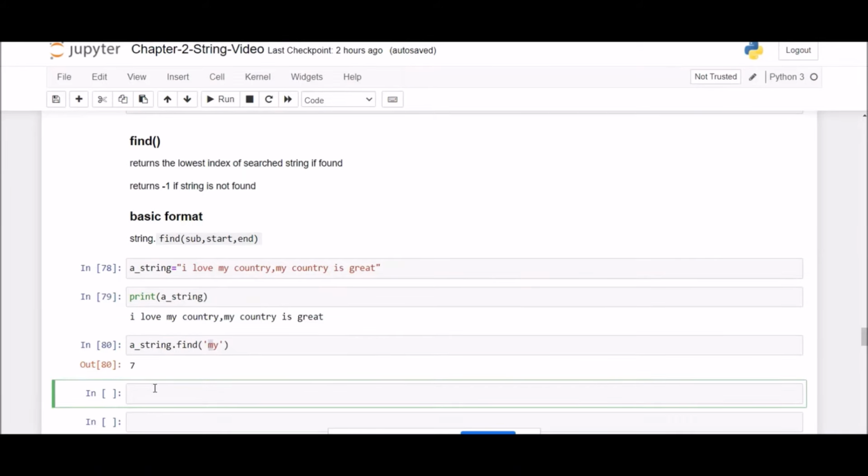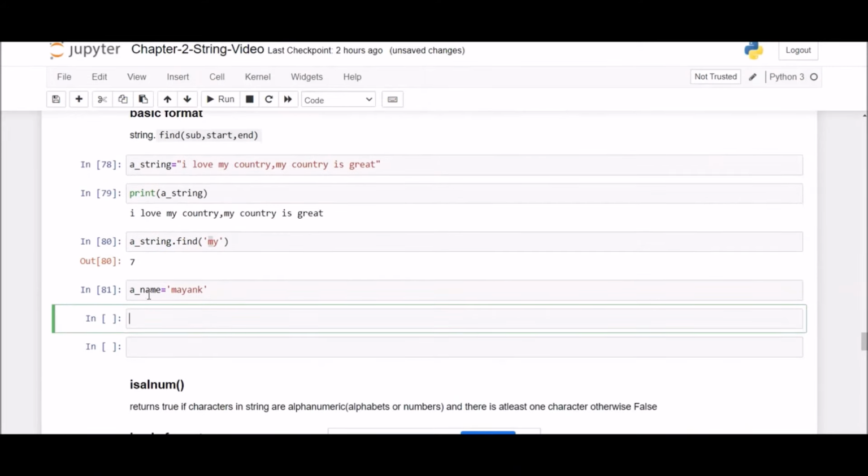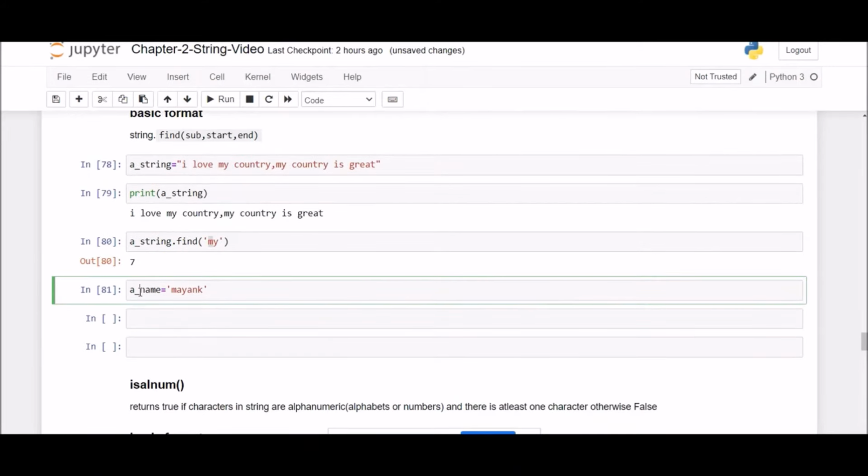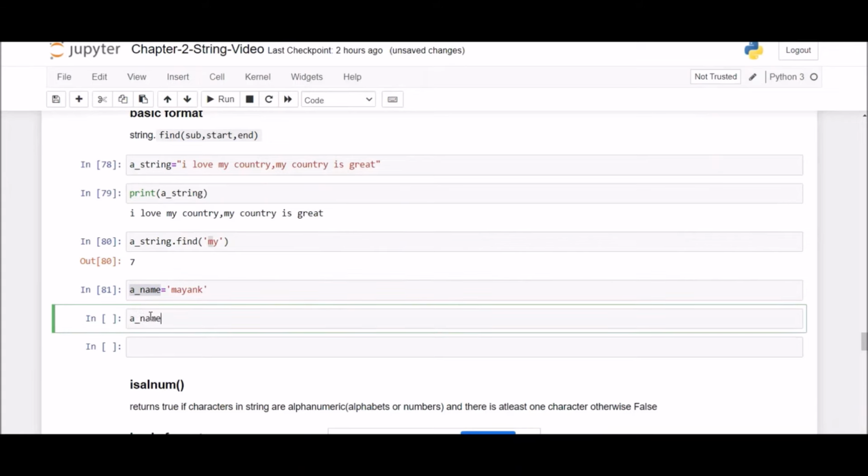Okay, let us take one more example. Suppose, for example, another string, a name. In this case, I'll take the name Mayank. Now I want to see if Mayank contains a. Dot find.